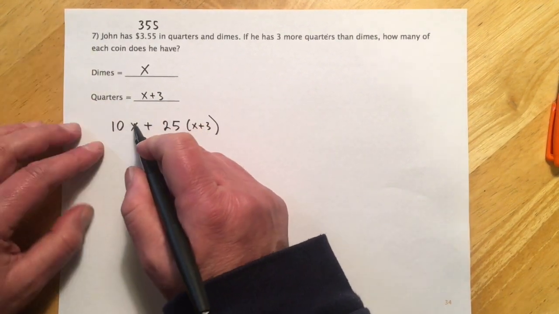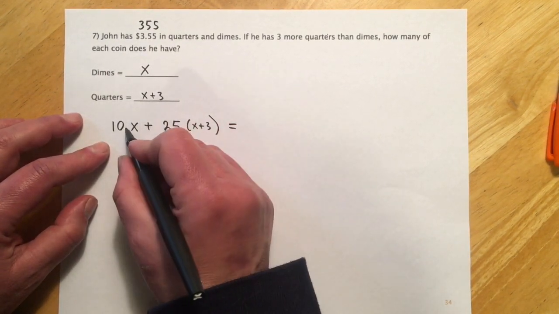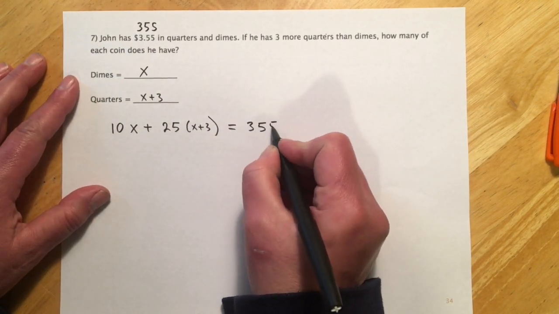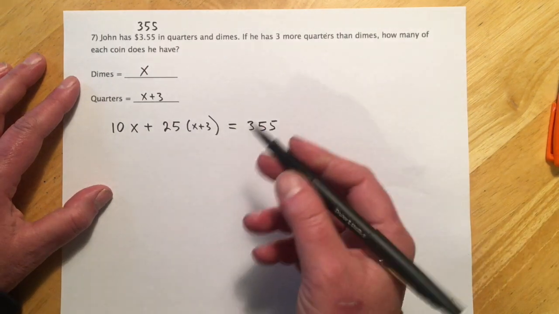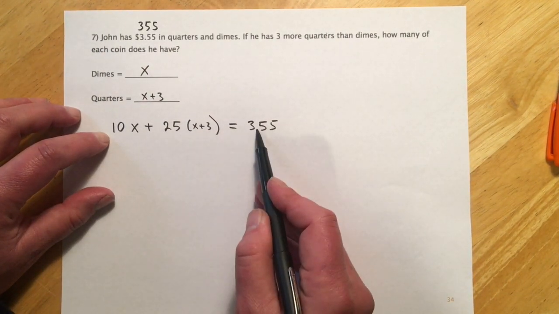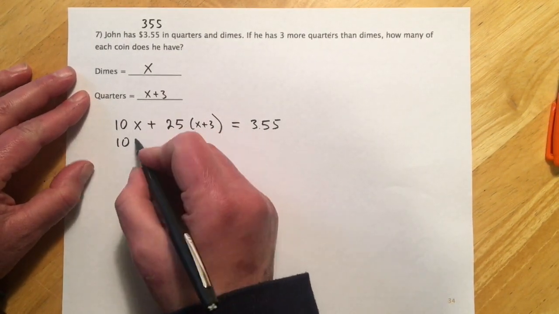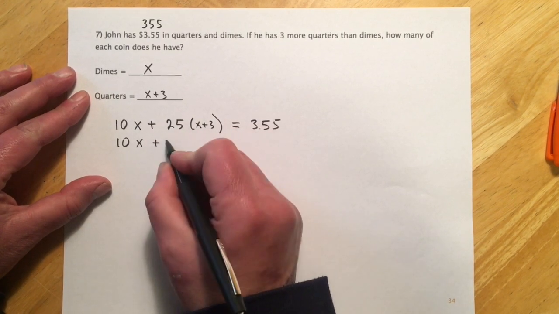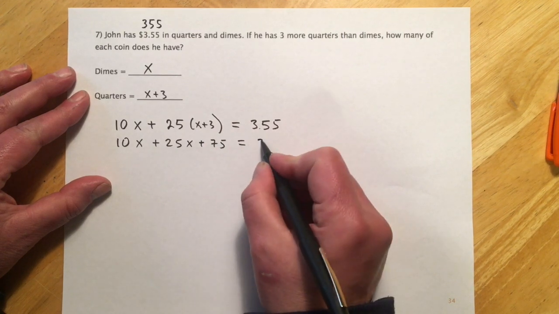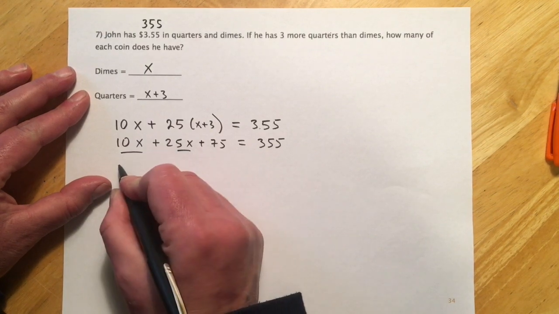You know, so like if you had 15 dimes, this would be 15 times 10, or $1.50 in dimes. So we're figuring out this much money in dimes, this much money in quarters, and that's going to equal that 355 up there. If I'd written the equation with the decimals, I'd have a decimal there, there, and right there. But for me, my preference is to do it without the decimals. So then solving, I'll get 10x plus 25x plus 75 equals 355. Putting those together, I got 35x